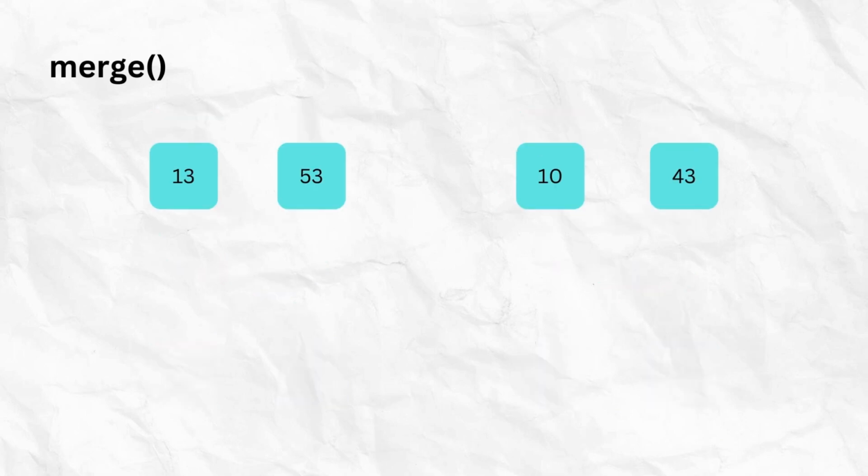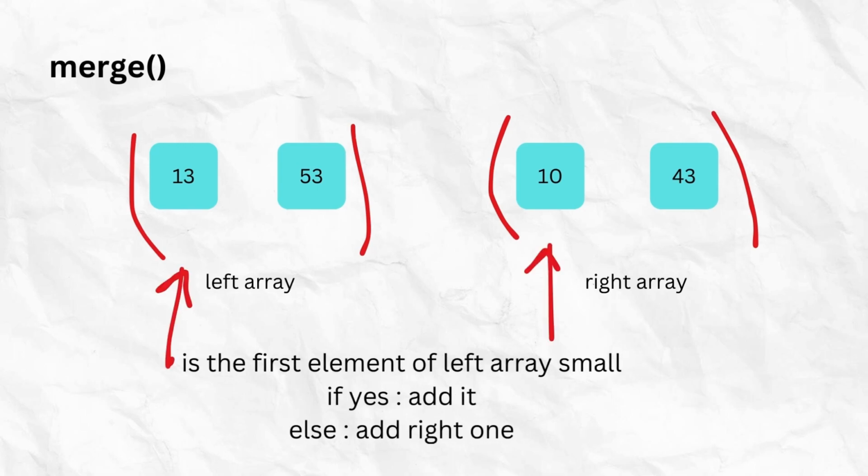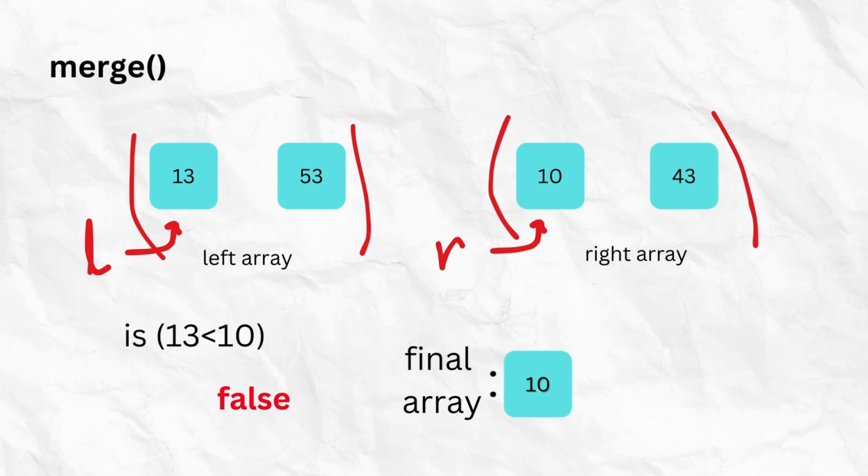These arrays of two elements will be considered as left array and right array again. So we will check the first element of both the left and right array, and the smallest one will be added to a final array. So the first condition will be, is 10 greater than 13? So obviously it's not, so 10 is the smallest one, and so we will add the 10 to our final